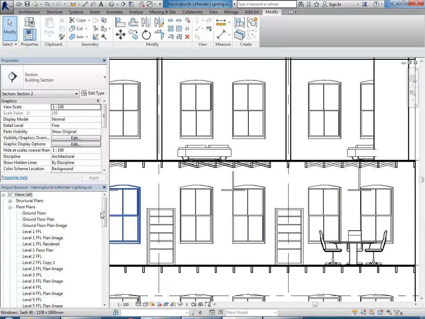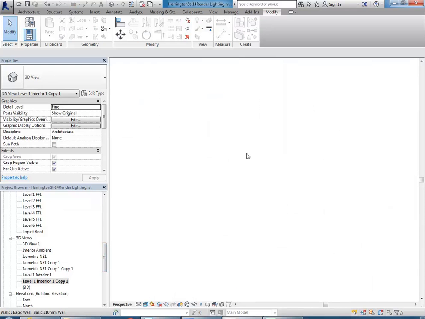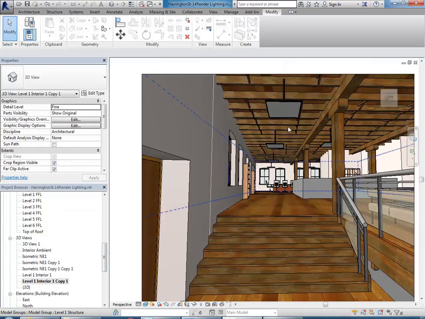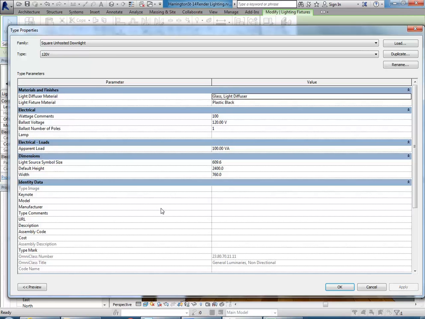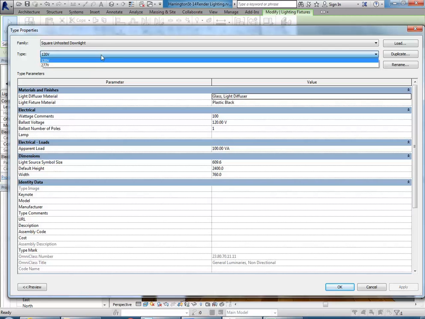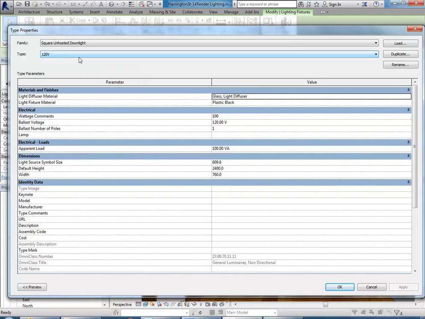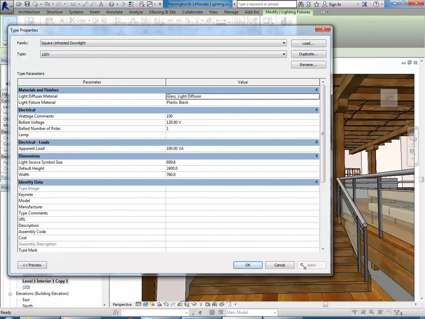So they are too big though. I don't want them to be quite that big. I want them to be fairly large, but not that big. And this is the great thing about families in Revit. You can just select one of them now, and even in perspective view, go to edit type. I haven't even set up types here. We've got a couple, but I'm just going to use the one that's selected, 120 volt, and voltages mean nothing